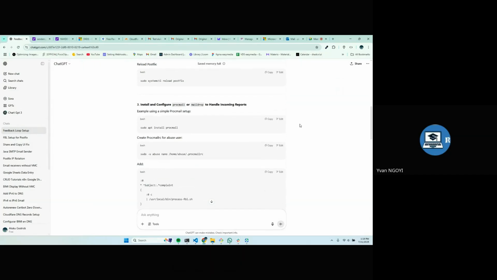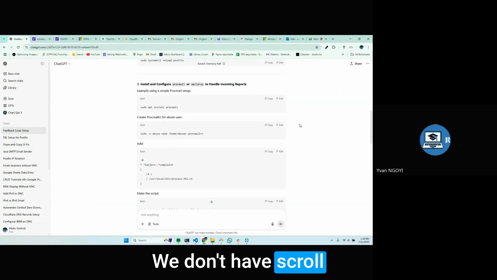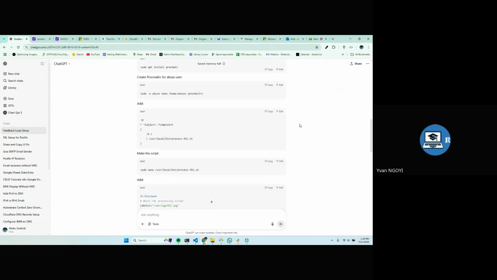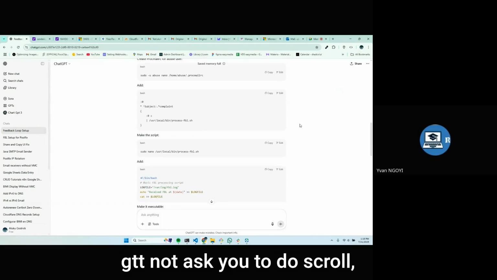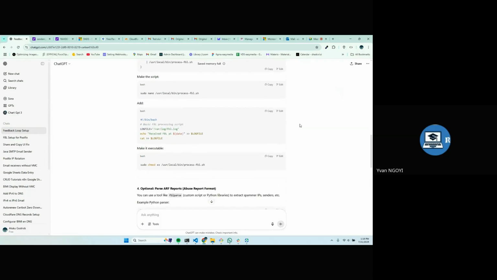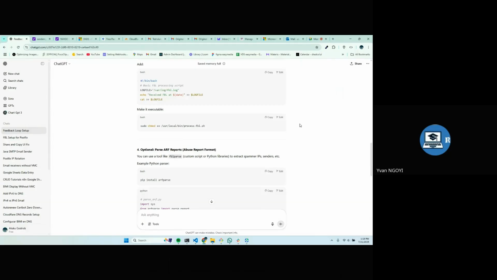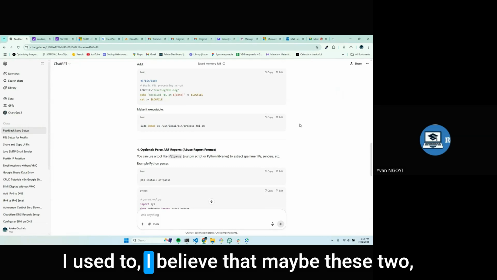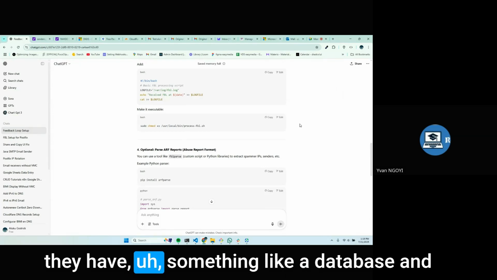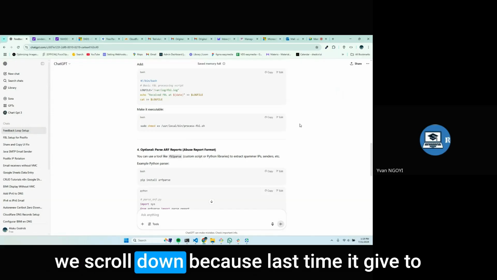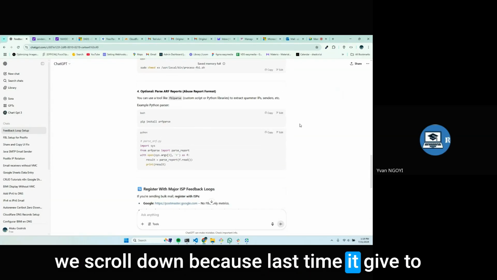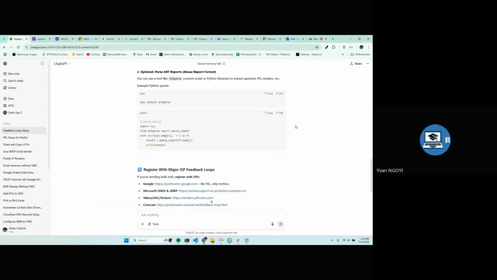Can you scroll down? ChatGPT did not ask you to do that. Scroll down. Abuse format. Okay. PHP install. You can use it. I believe that maybe this tool has something like a database. Can you scroll down? Because last time he gave us to, I think, like